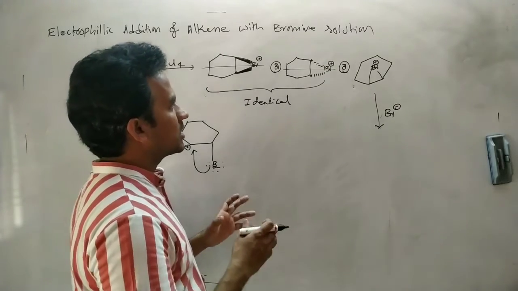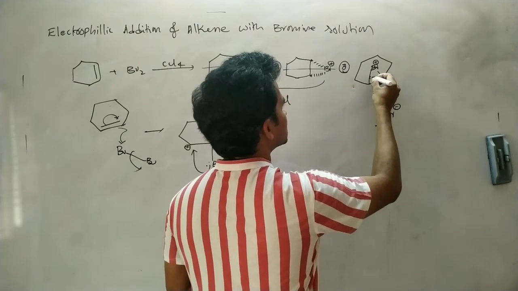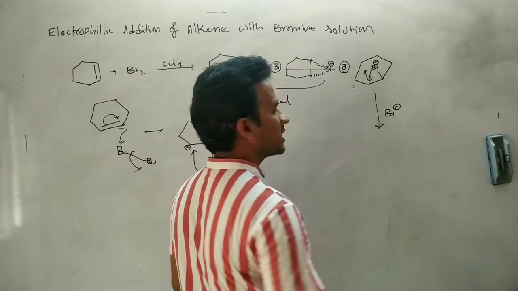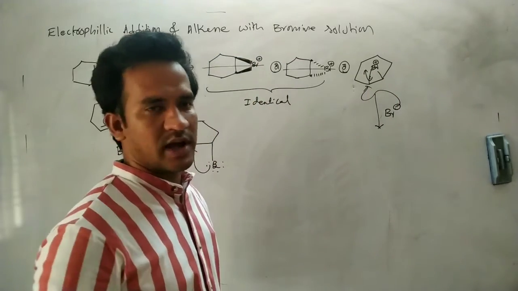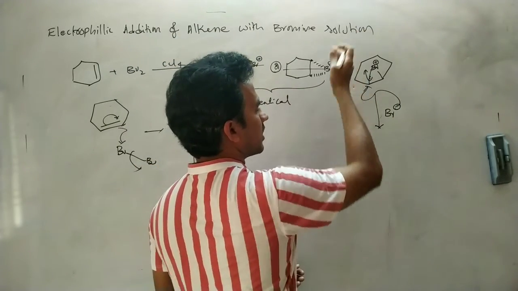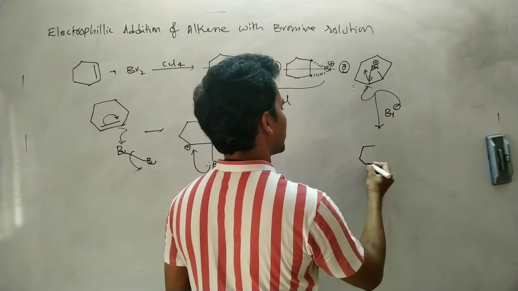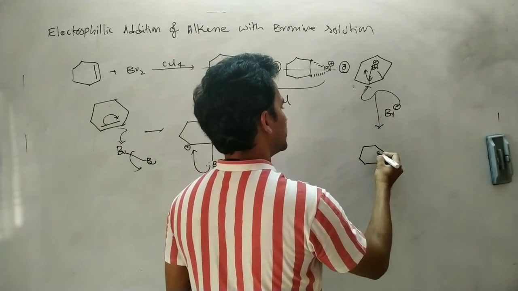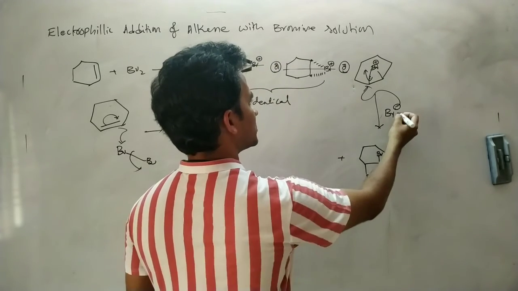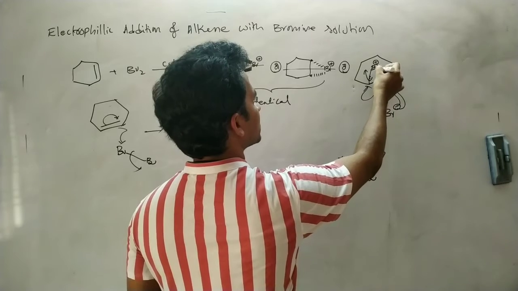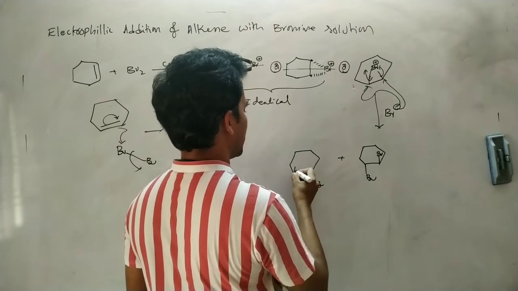Now the cyclic halonium ion is attacked by Br minus. By the breaking of this carbon-bromine bond, this carbon becomes electron deficient. So this Br minus attacks this carbon from the opposite plane. Suppose here it is directed in the upward direction. Now Br minus attacks from the back side. So as a result, we will get this isomer, with Br here. Or suppose this Br minus attacks on this other carbon. As a result, you will get another isomer, with Br here.